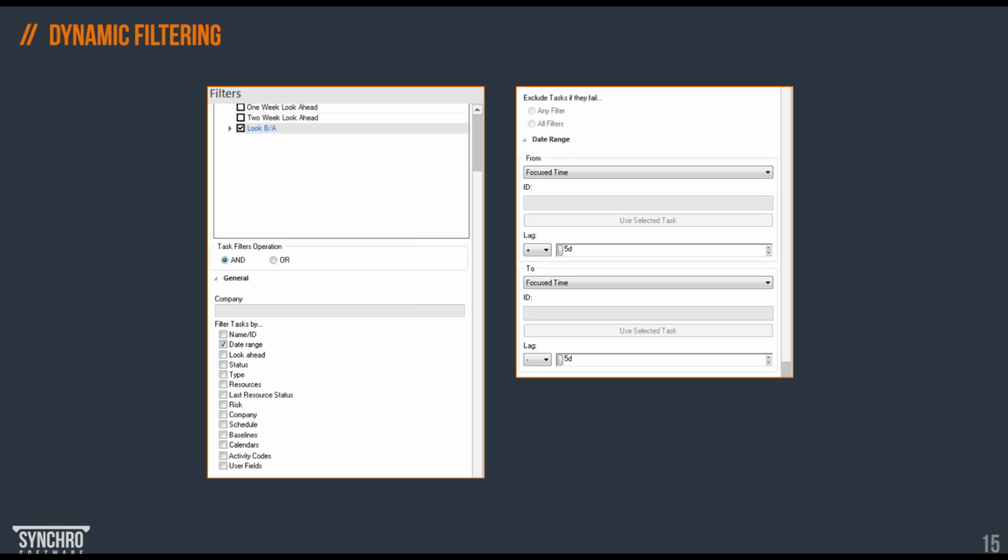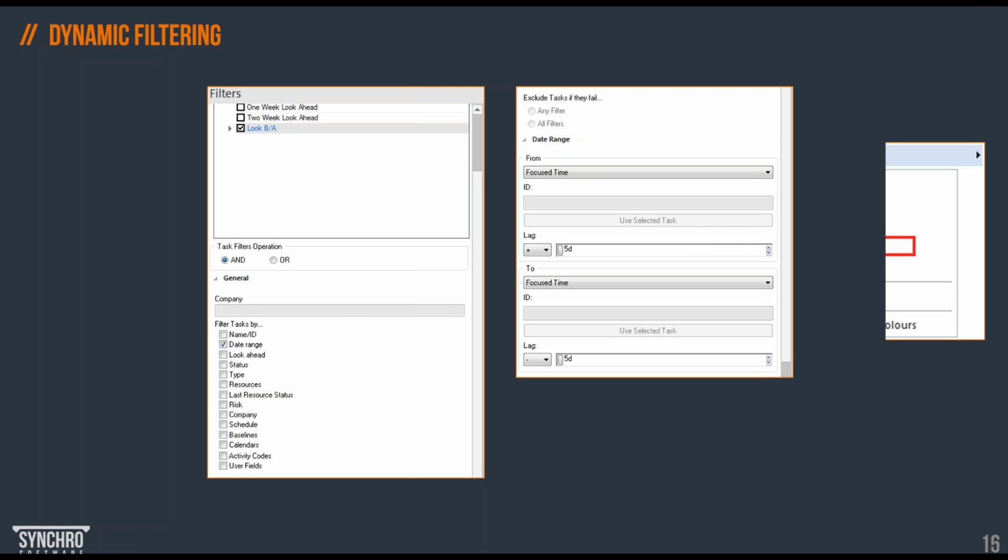Something you might remember from a planning software is the DataDate, which is a static date. You change it every week or every month. With the focus time, you can change the content of the Gantt chart quite quickly, just moving that focus time back and forth.